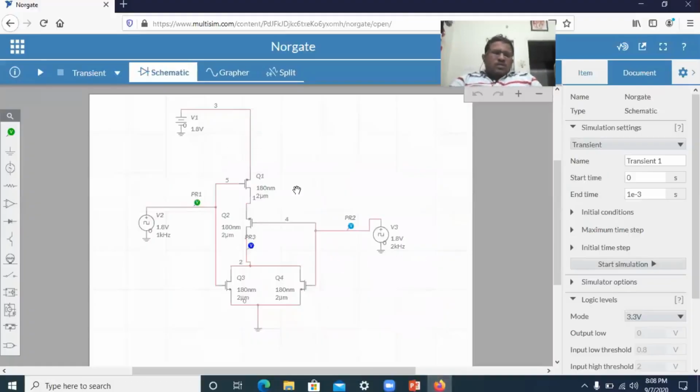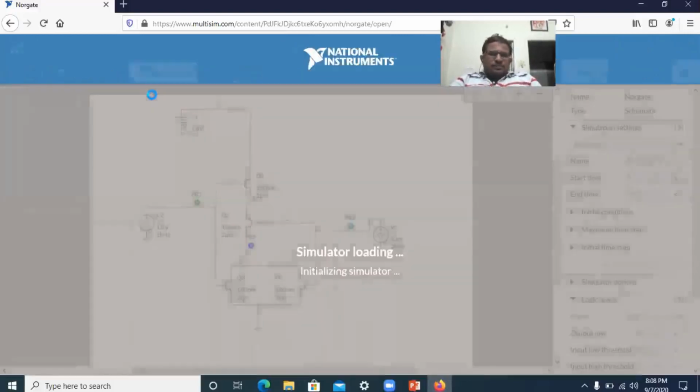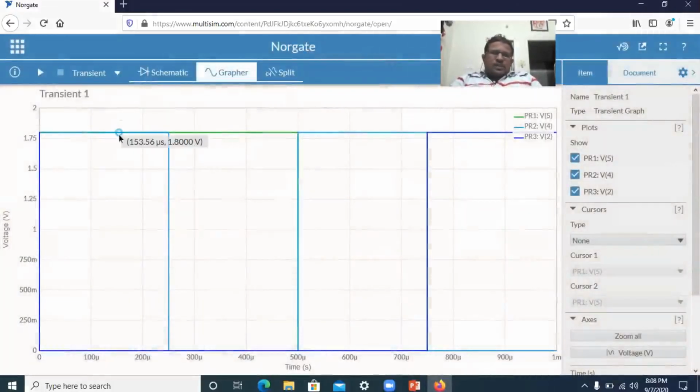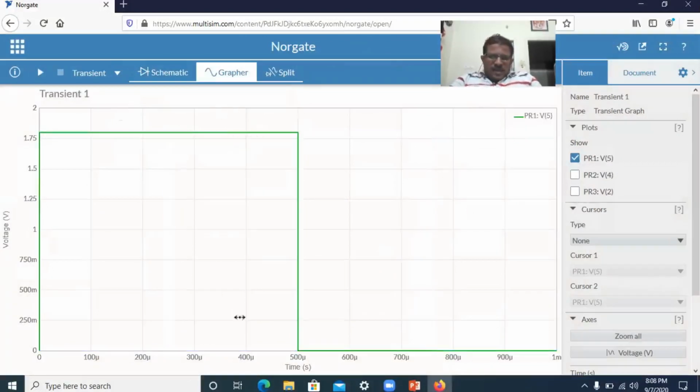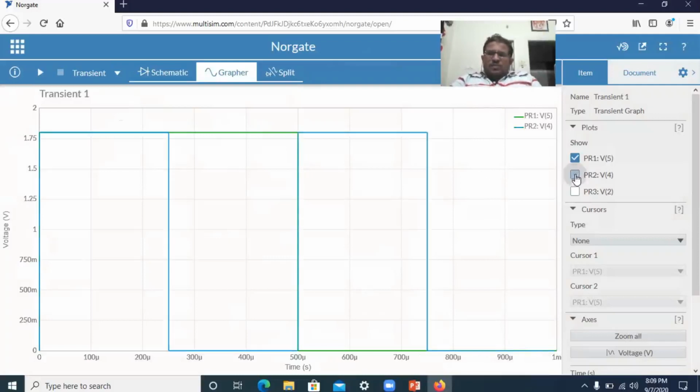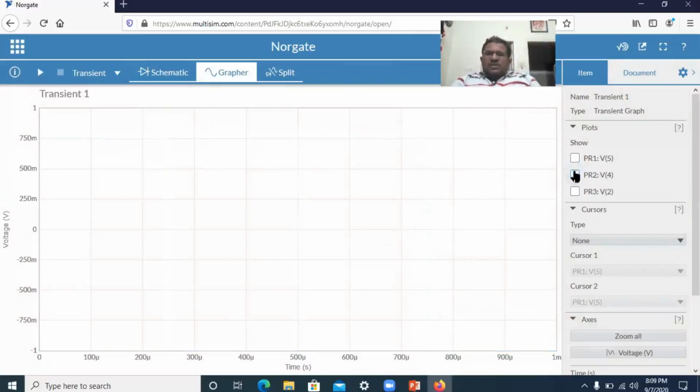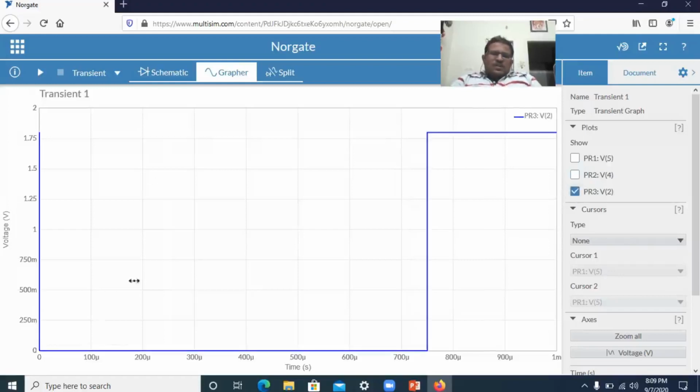Now we'll just quickly run this. So this is probe 1, where up to 500 microsecond we have 1, and after that again up to another 500 microsecond it is 1. Now we'll see how exactly probe 2 looks. What we have done is we have made two pulses, that is 1 0 1 0. Now we'll see how exactly the output looks. So this is the output.